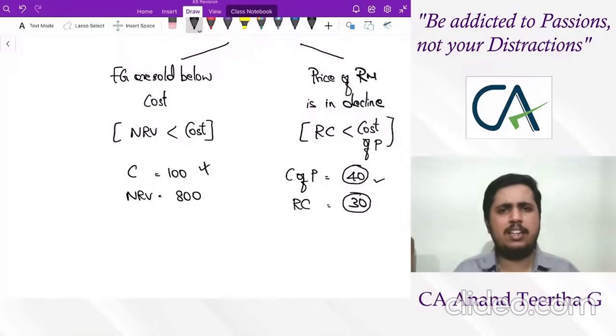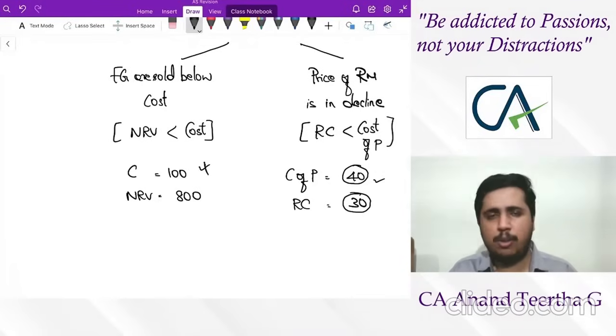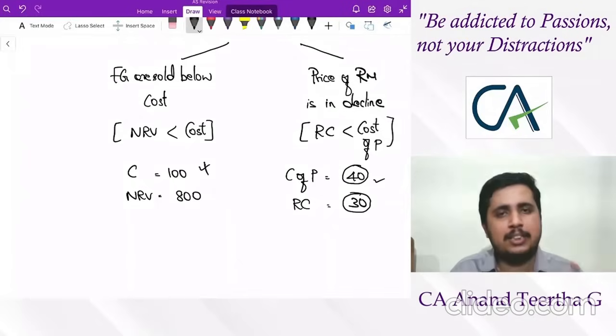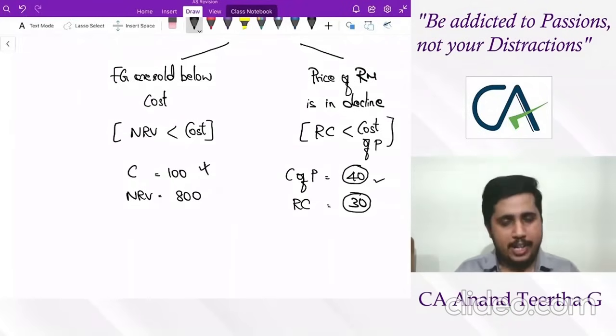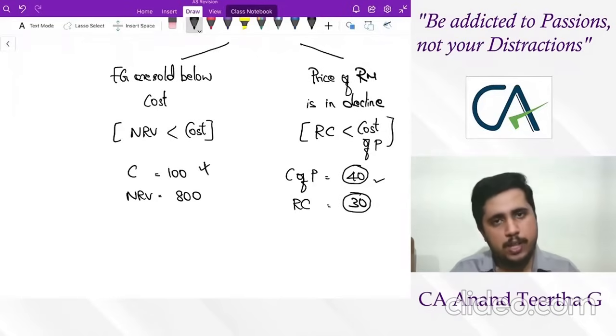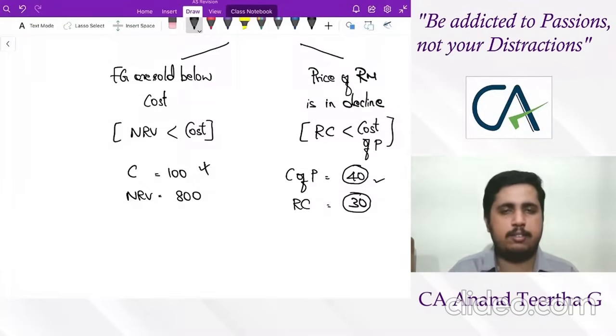So these are the valuation mechanisms of work in progress, finished goods, raw material altogether. As I've already told you, all these aspects are valued separately. They are not supposed to be valued together. So this is AS2 in detail, analysis of AS2 and the charts and summary of this. Accordingly, now let's take up one or two problems.